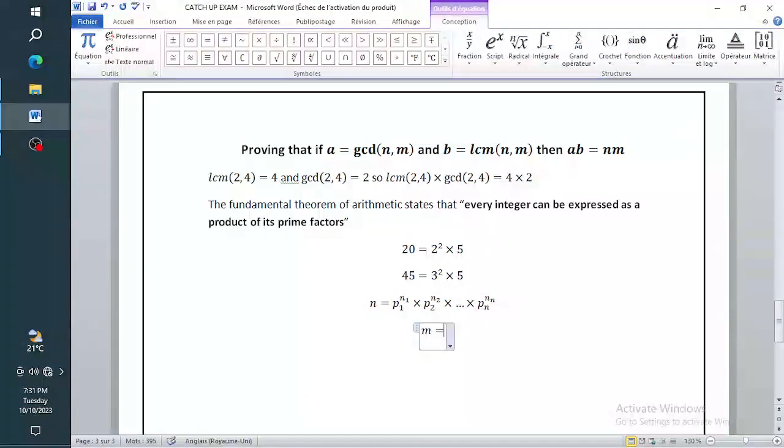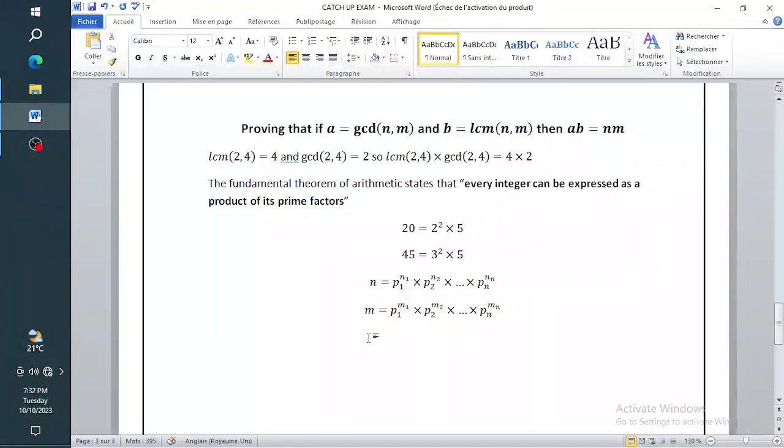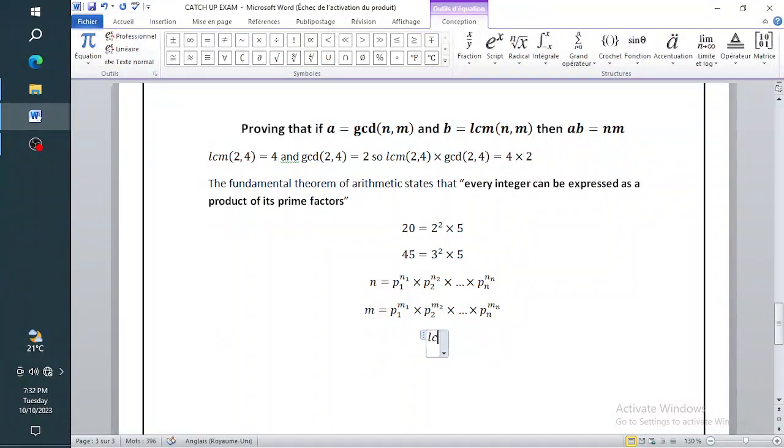Okay, so let's say the integer m is equal to, you also need to have the same prime factors: p1 raised to the power the number of times it appears, times p2 raised to the power the number of times it appears, right up till the last prime factor of the integer m raised to the power the number of times it appears in the prime factorization. Okay, so if we're able to do this, then we can deduce or conclude that the LCM of n